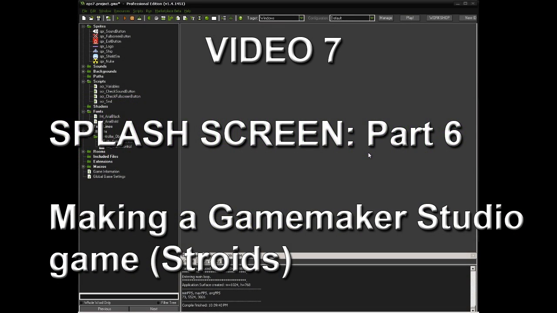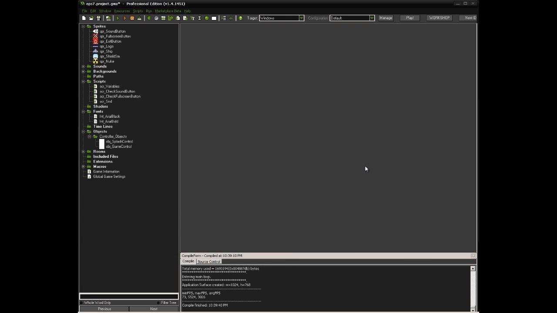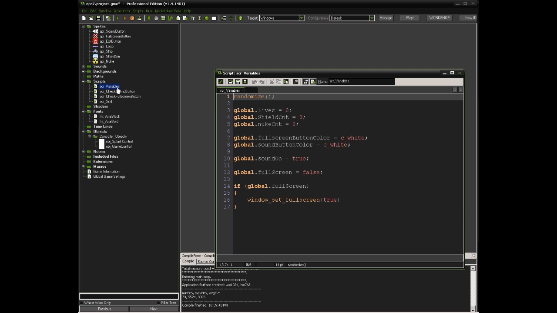Okay, hey everybody. We're on video 7. In this one, we didn't finish the GUI. We still need to add the level and the score onto the GUI. So let's go ahead and open up our script variables, and we'll add global.level